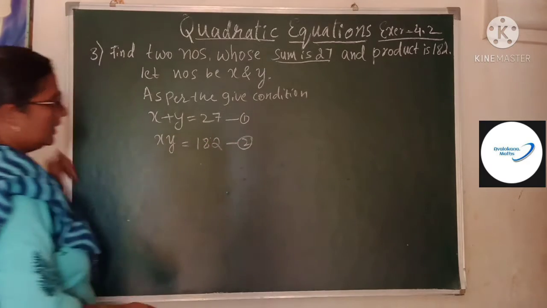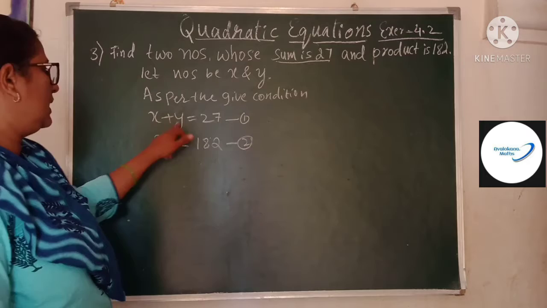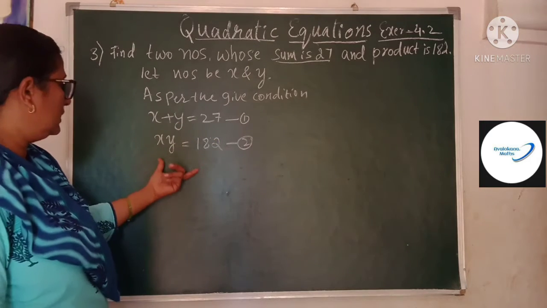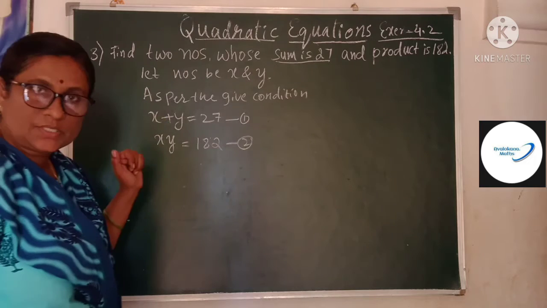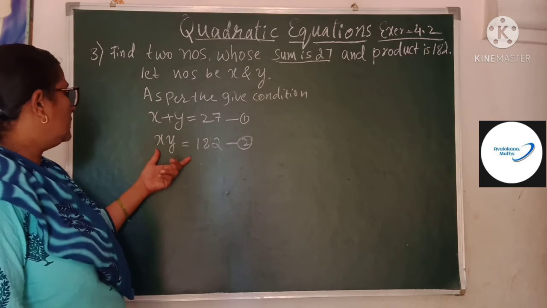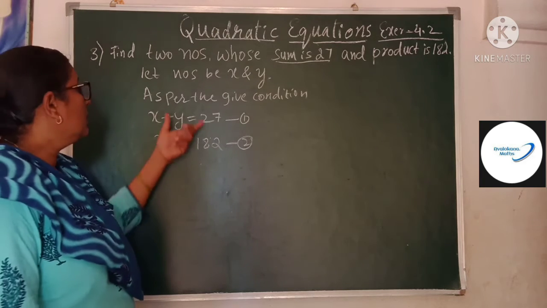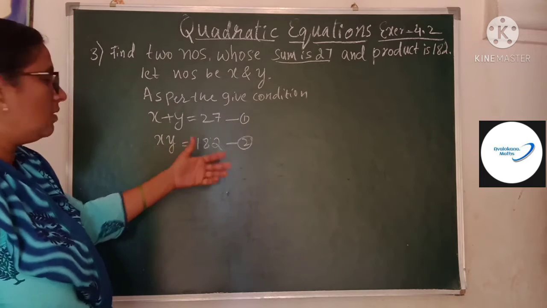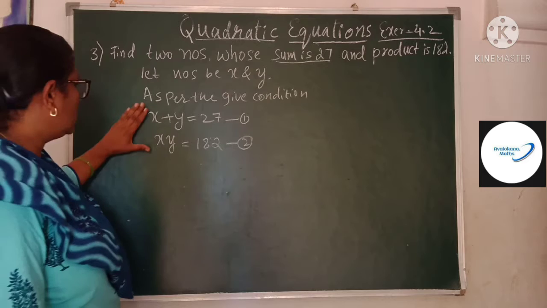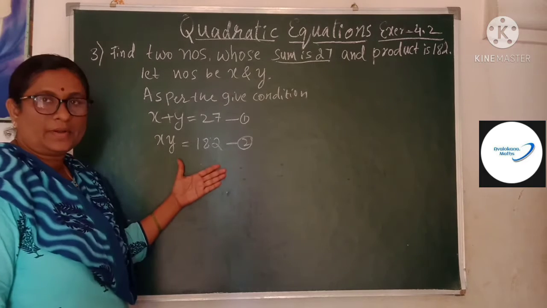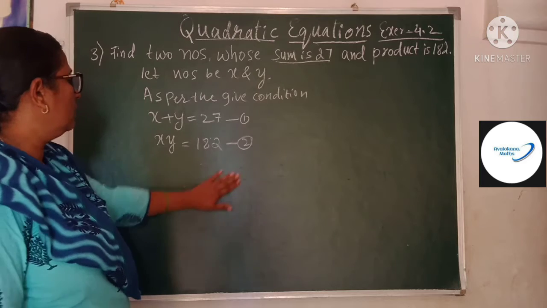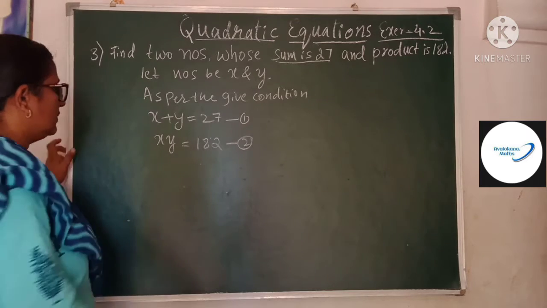So now you have got equations in x and y. These are two linear equations. Now we have to convert these linear equations to a quadratic equation, so that you can have the solution of this problem by finding the factors. So how to convert these two linear equations to a quadratic equation? Lots of methods are there, and one among them, according to me, is something like this.